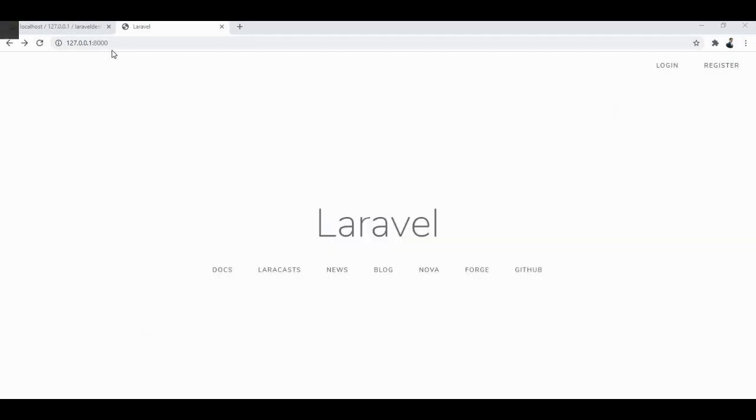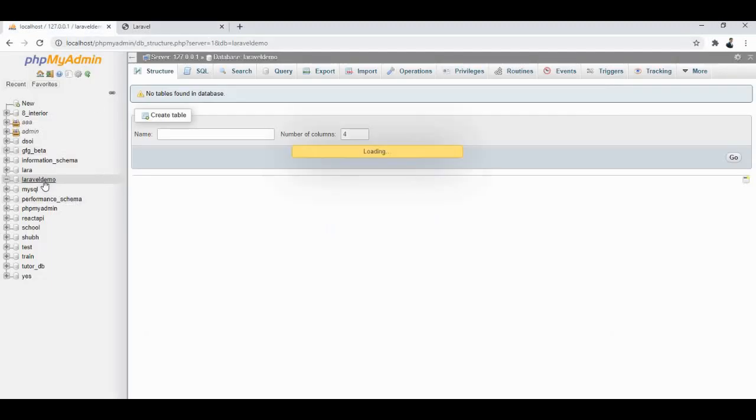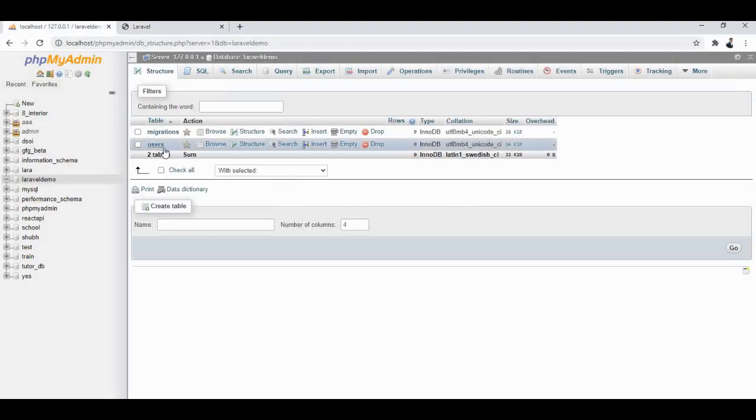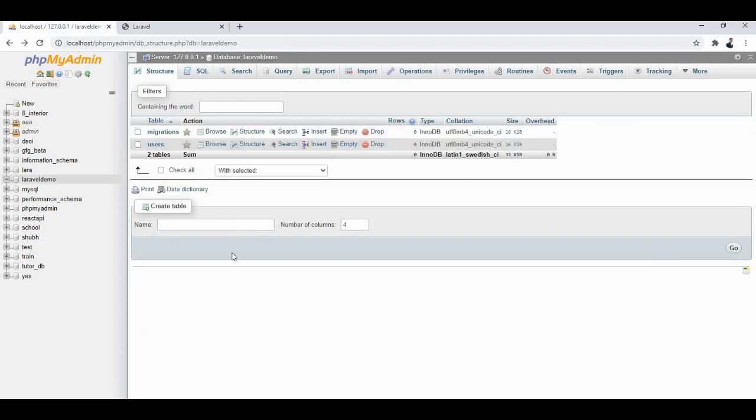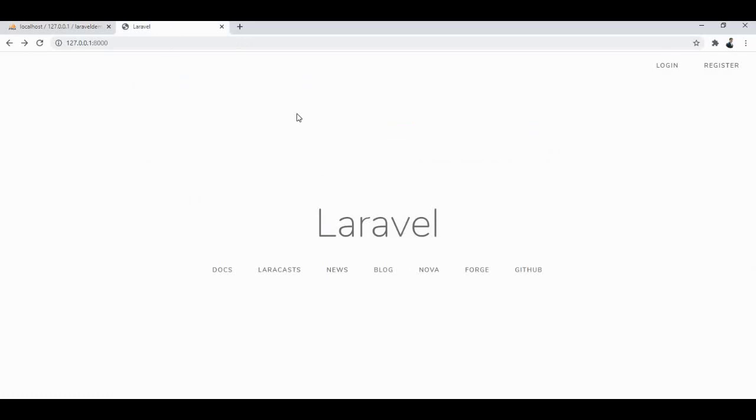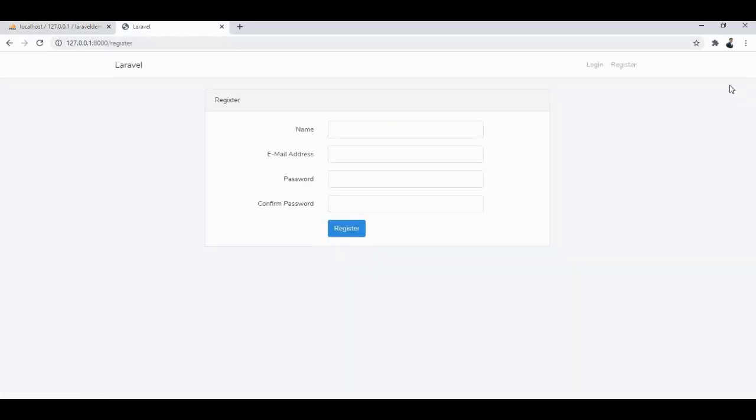Now we will check this. Here you can see, guys, here is the users table. Now we will register a user.